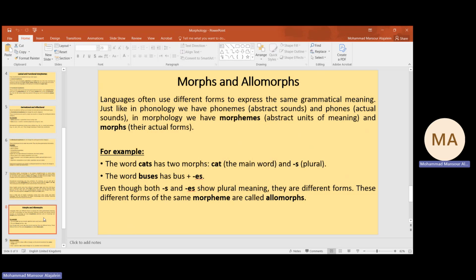So allomorphs here can be represented in the two examples, cats and buses, because s and es are both plural suffixes added to these words, but they are different forms. When we say they are different forms of the same morpheme,